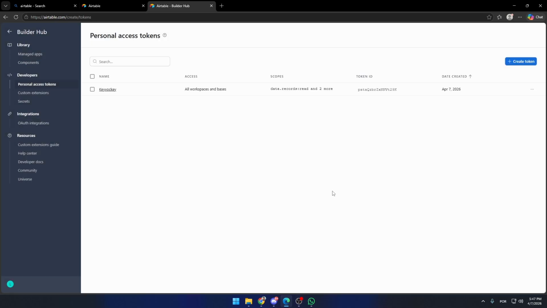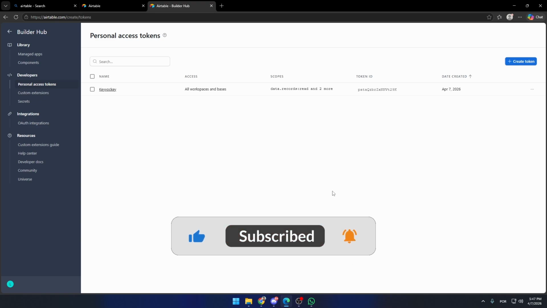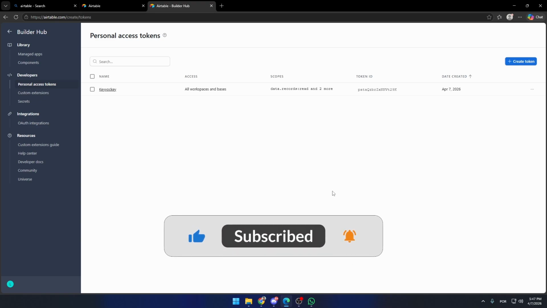Airtable will display the token only once. Click Copy to save the code. Store the token in a safe place. This token will be used to connect Airtable with APIs or automations,